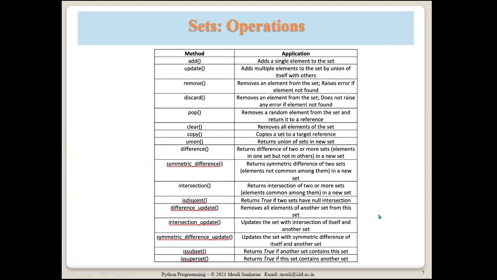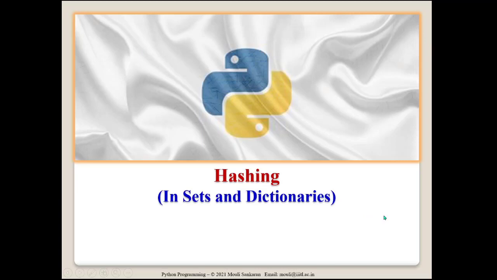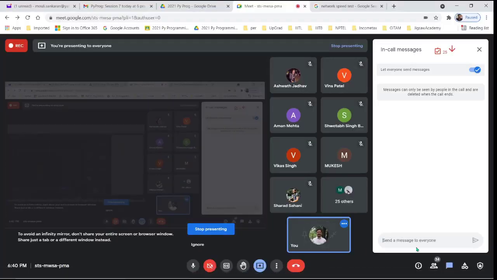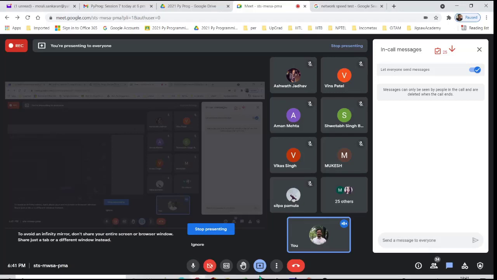Okay, fine. Now let me talk about hashing. I don't know whether I'll have time for showing you the example. It doesn't matter. We can run through the example in the next class also. I don't want to rush through, as I mentioned. So let me see if there are any questions before I go into hashing. Anybody wants to come online? Okay,